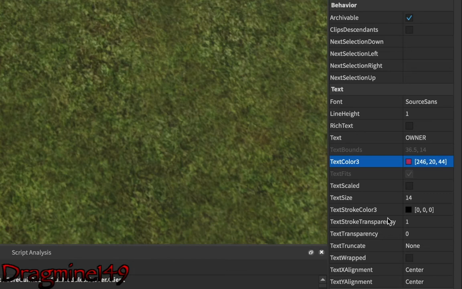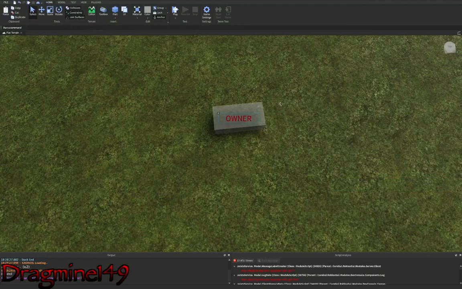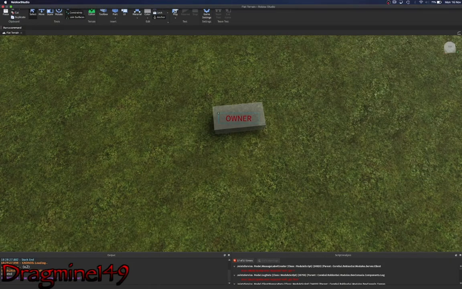Text scale is going to be true. I'll go more about text box labels later. Text scale is going to be true, and there we go. So now we've got this thing right here. So if I play the game, we should see this in action.